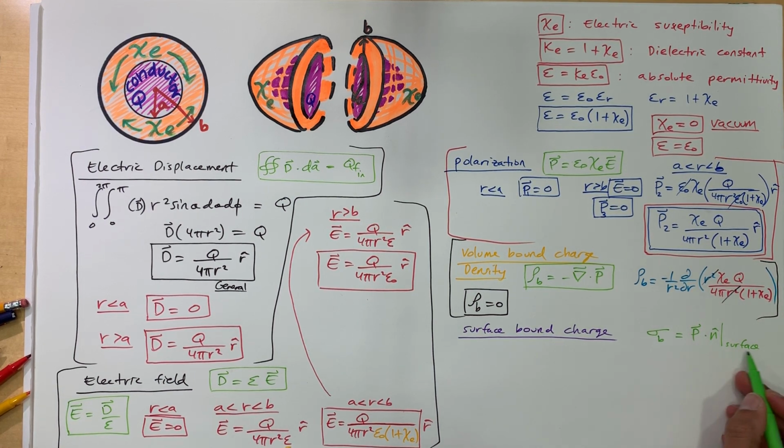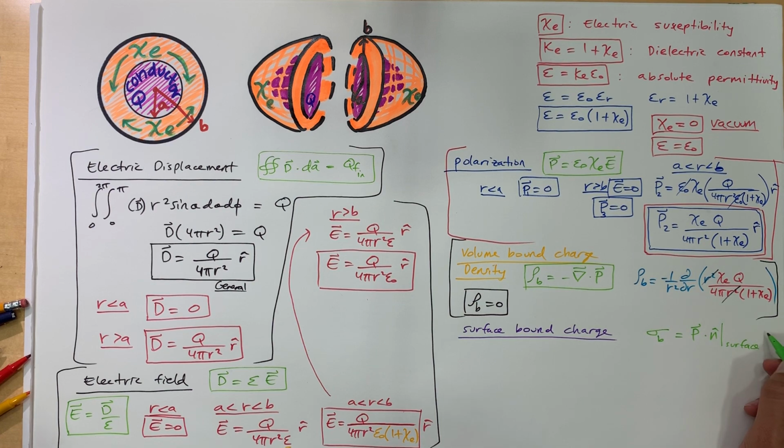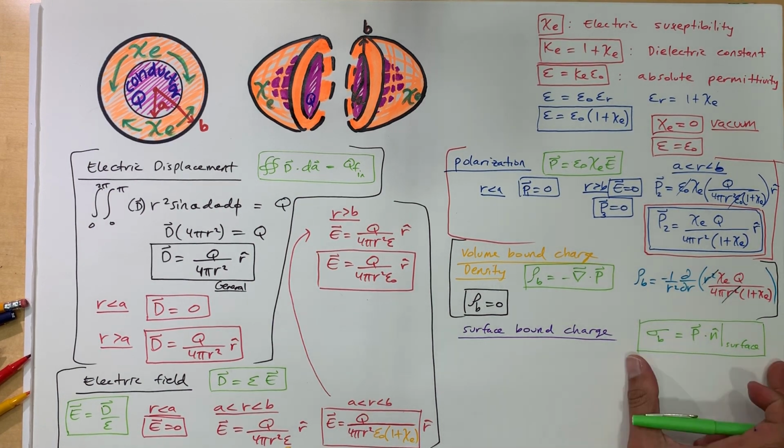This part is important. It needs to be evaluated at the surface in order for you to get the surface bound charge. All right, so this is the formula we're gonna use, and before we evaluate it, which is gonna be real quick,